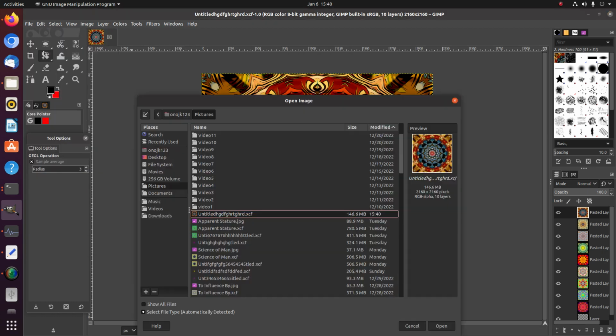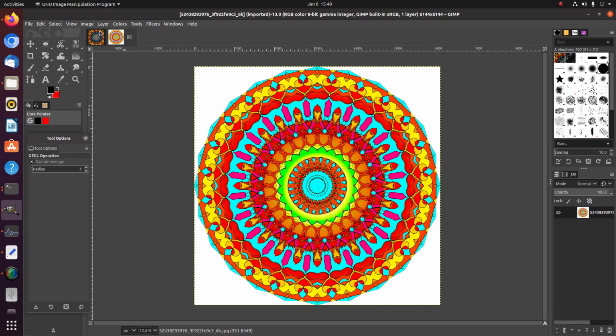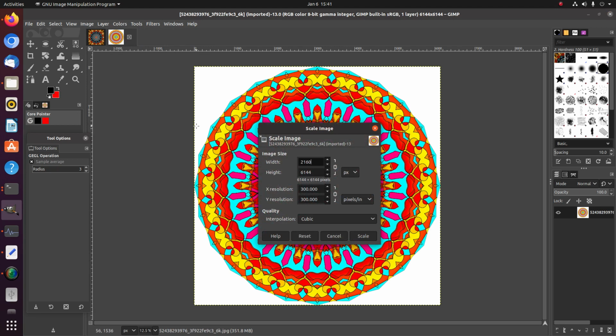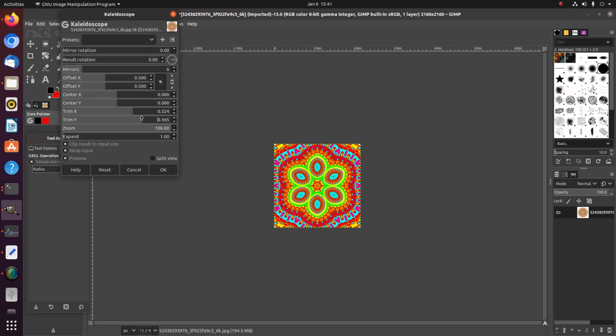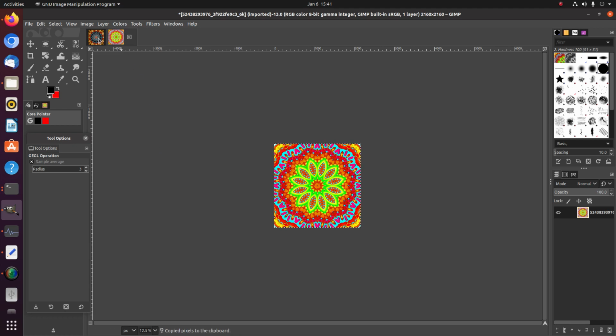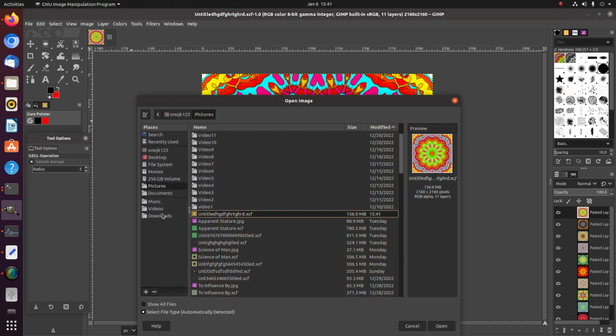File, open, downloads, image, scale image, 2160, 600, filter, reshow kaleidoscope, 12, okay, Control Alt C, Control C, Control V, close the old one, Control S, file, open, downloads,